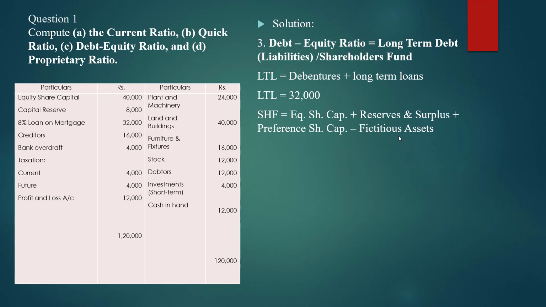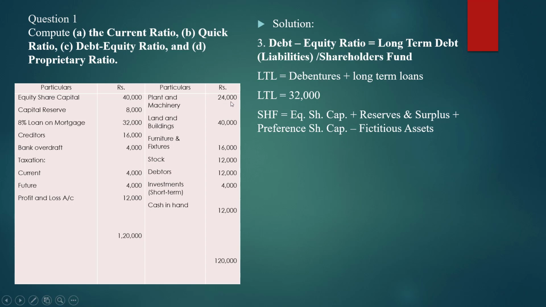Suppose you want to close down the company and sell all the assets. When you sell those assets, you get a certain amount of cash. But under fictitious assets, those assets which will not give you any cash in return are known as fictitious assets. For example, let's see, plant and machinery is there. If you are selling plant and machinery while closing down this company, you will get certain money by selling this plant and machinery, right?